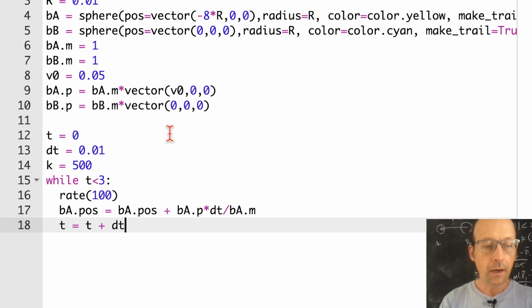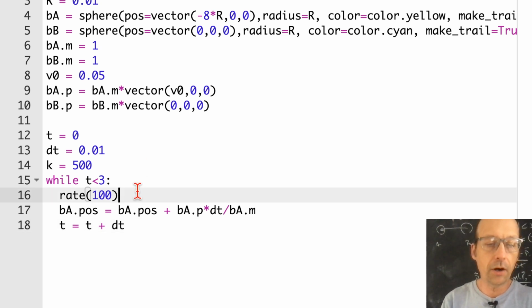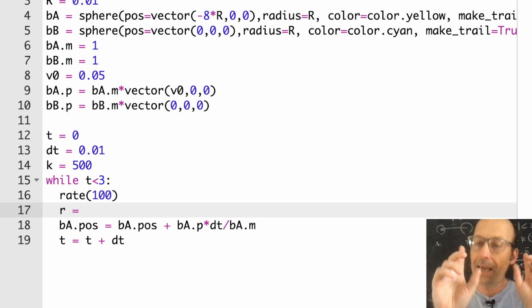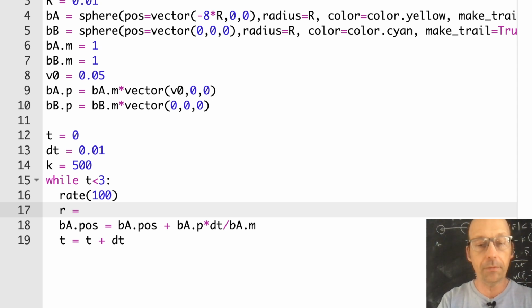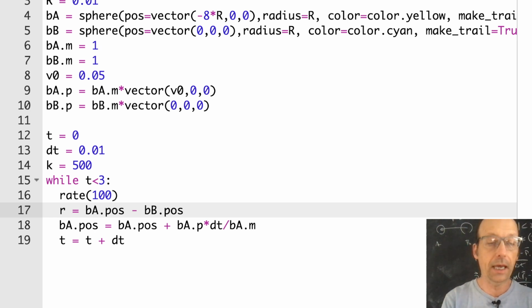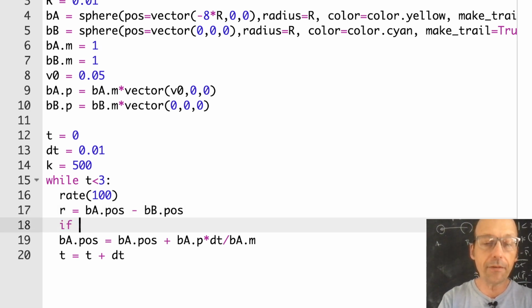Okay. So now all I need to do is detect if there's a collision. So up here, I'm going to calculate R, and I may get things backwards, and if I do, I'm fine with that. BA.pos minus BB.pos. That's that vector from B to A. And then I'm going to say if the magnitude of R is less than 2 times R,